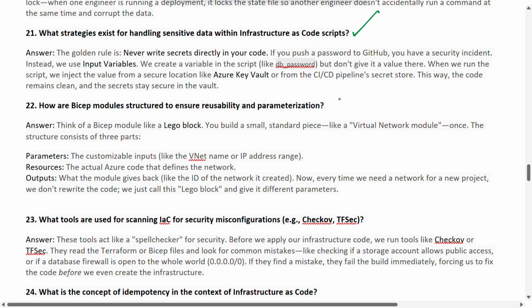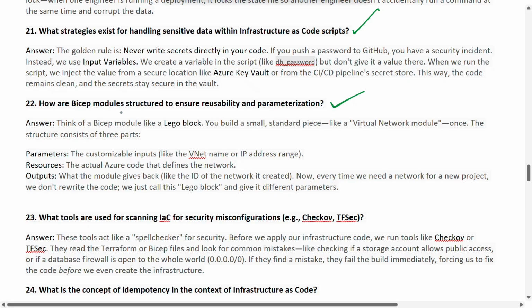And moving further, the question was, how are Bicep modules structured to ensure there is reusability and parameterization? So here, I think of a Bicep module like a Lego block. You build a small, standard piece, like a virtual network module, once. The structure consists of three parts, which are parameters, resources, and outputs.